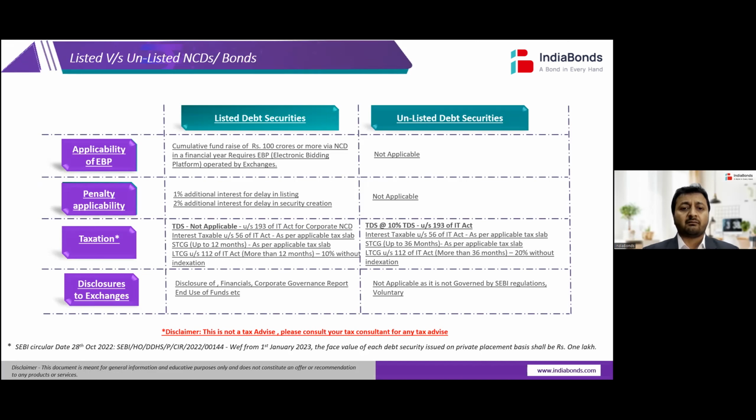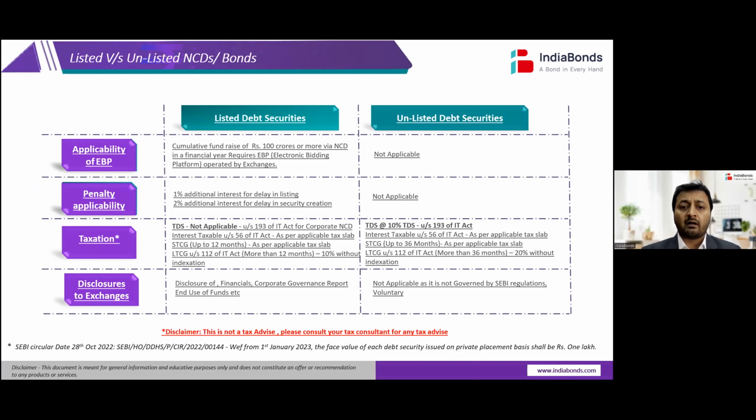Coming to the taxation. Now, a lot of you people have asked in terms of whether TDS katta hai, nahi katta hai ya nahi hai. So just to give you a quick, this is not tax advice. I would highly recommend everybody because we are not an advisory firm. This is purely education purpose that we're doing this. TDS is not deducted when it is a listed bond issued by a corporate. Corporate NCD hoti hai. So in that case, no TDS is deducted because they have under section 193 of